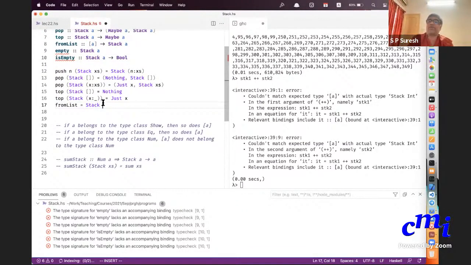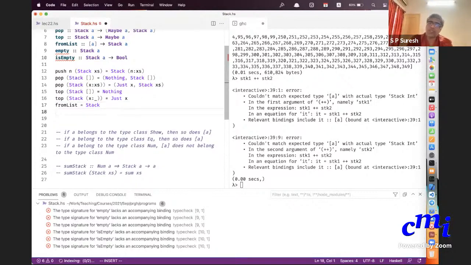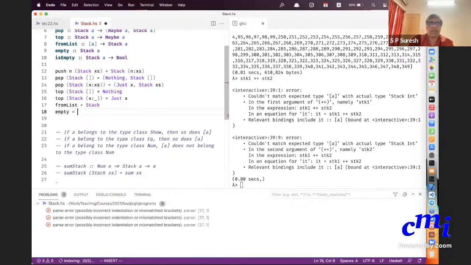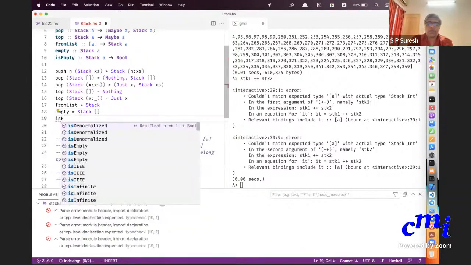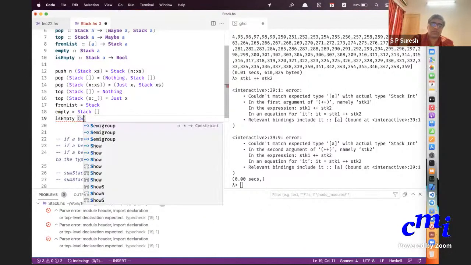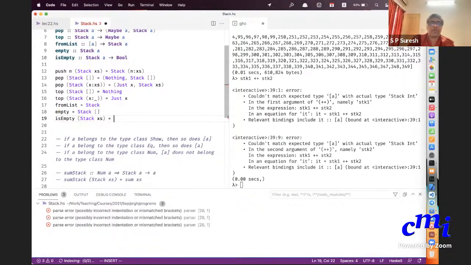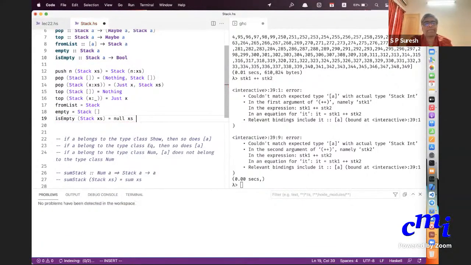You don't even know what the type constructors and value constructors are. That is the ideal situation. Empty equals Stack of empty list. isEmpty of a stack is just checking whether the list is null. Okay, so this much is fine.